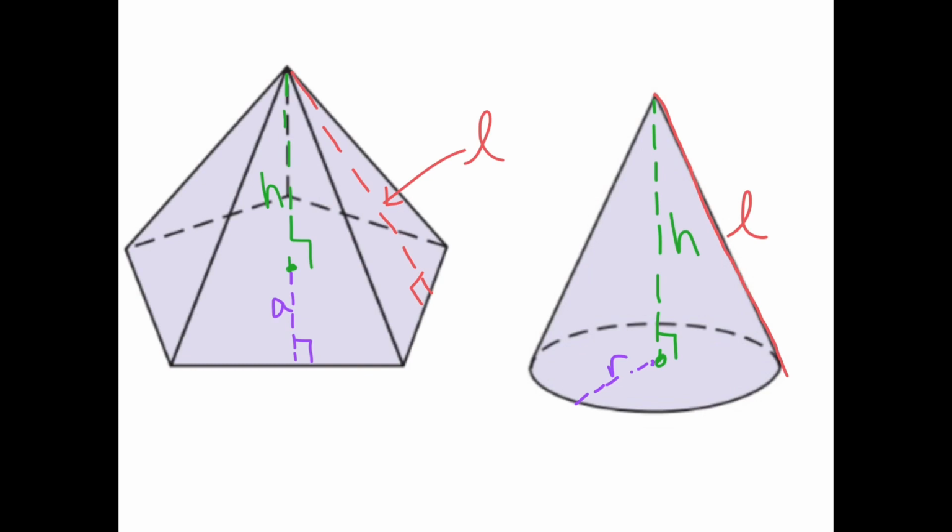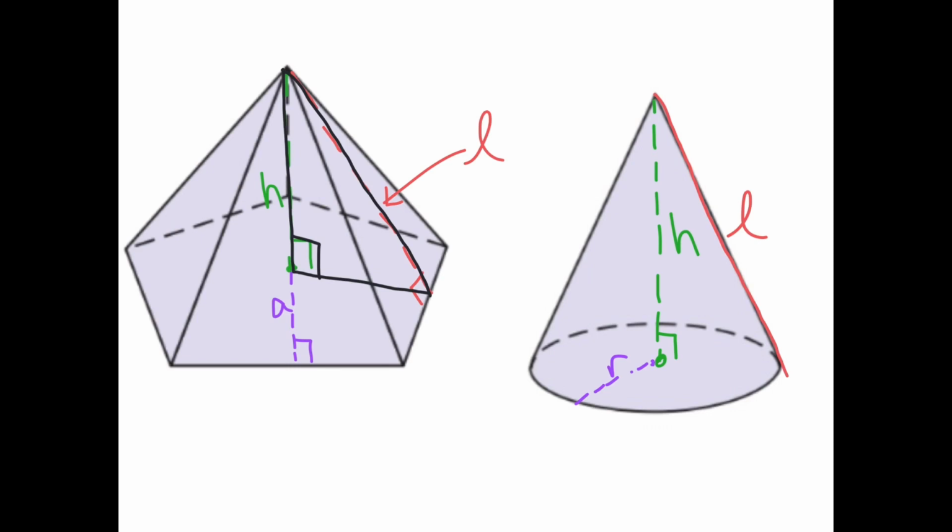One thing I will also point out is that if you take this from the height over to the midpoint, really where the slant height is coming down, you do end up with a right triangle. So from the height over to the slant height, you do end up with a right triangle here, and that's going to be very, very helpful